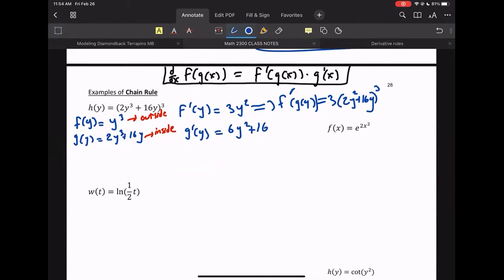So I just want to do that so I could write the answer down right below it. So the final answer then, h prime is going to be f prime of g of y times g prime. And we have those two pieces, so it's going to be